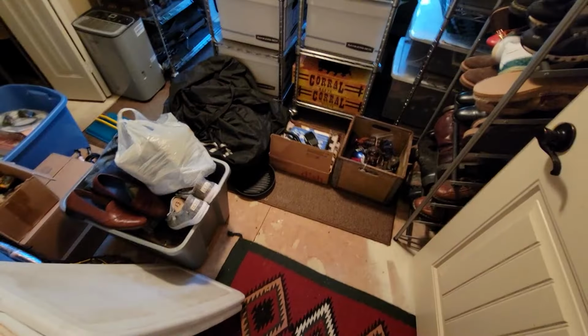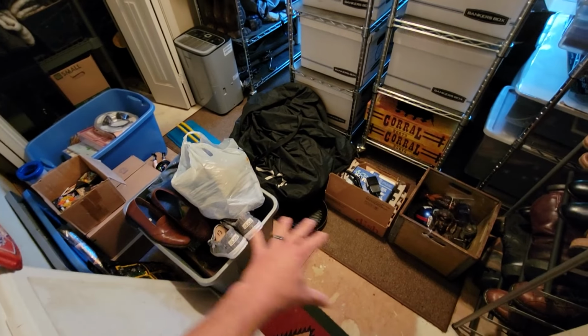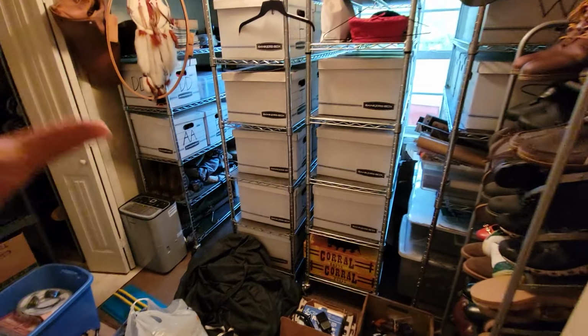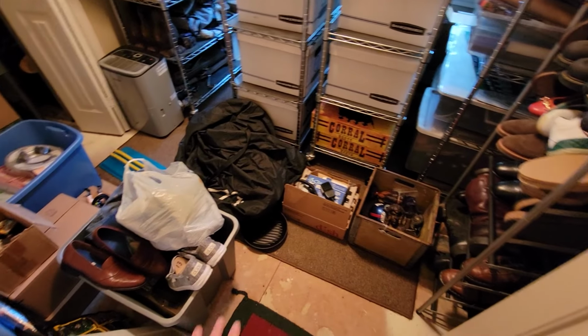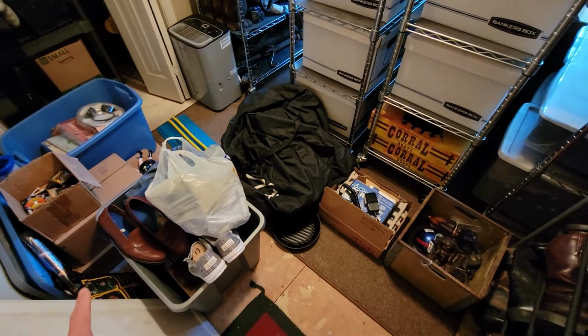Now, one of the problems with being in the smaller space is I don't have a good spot to dump all the stuff from the weekend. All this stuff on the floor is from this past weekend's garage sales. All of this will get listed and SKUed before I go back out. I don't really like having piles of stuff, mainly because I can't move around in here. So it keeps me organized. I also have to be a little more